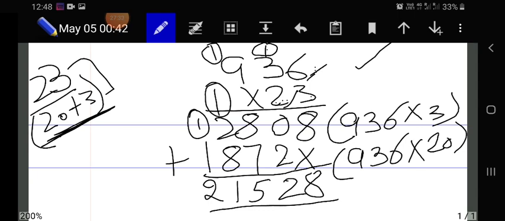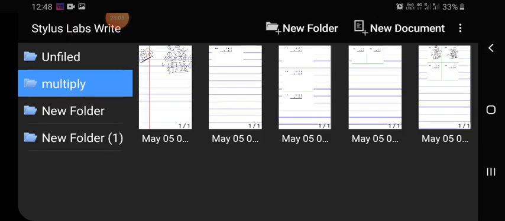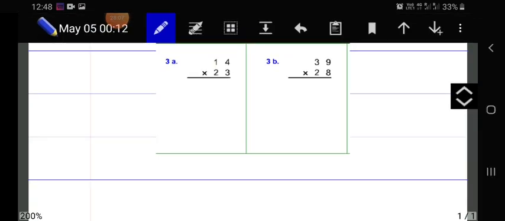Okay, just keep in mind, if you want to directly multiply 936 with 23, like 3 with 936, and then 936 with 20. Okay, this is the place value, and you have to multiply the whole number collectively. You have to use this multiplication method. Okay, so I hope this is clear now, how to do multiplication with a 2-digit number. Okay, now I am going to show you some more sums, and you are going to solve them yourself.